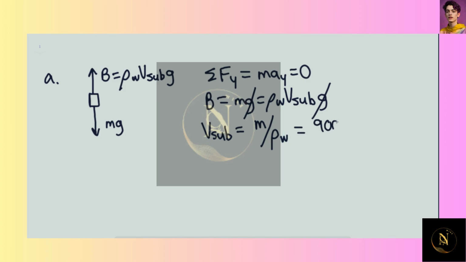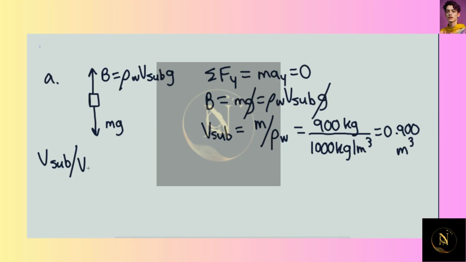This would be equal to 900 kilograms divided by 1,000 kilograms per cubic meter. And this is equaling 0.900 meters cubed. Now, volume submerged divided by the volume of the object, object meaning the car, this would be equaling